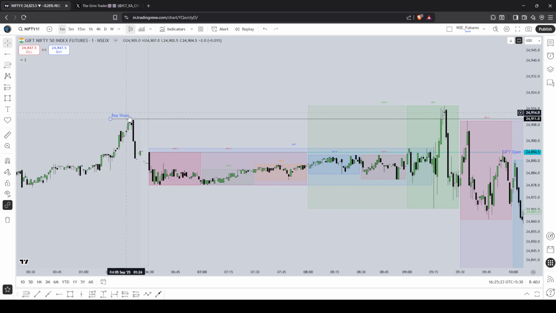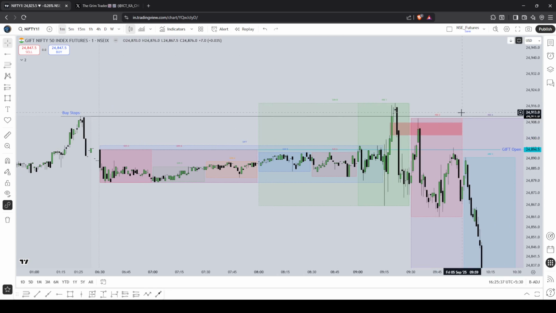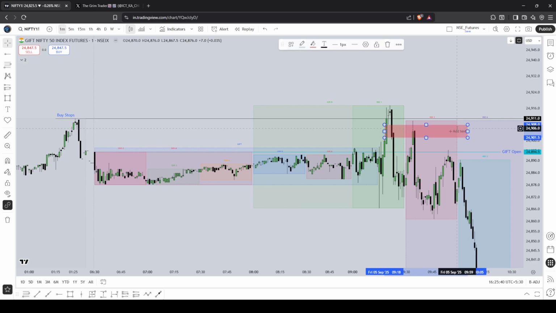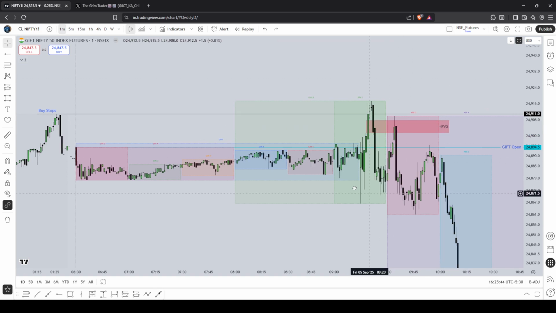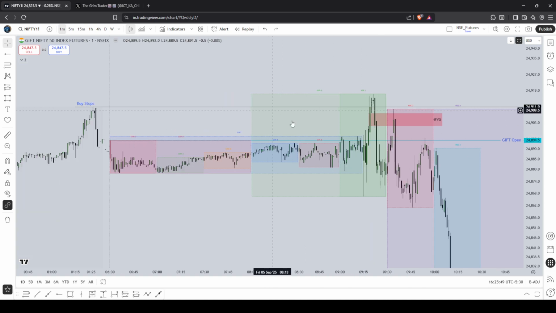The buy stops are above the PM session from New York. That is the previous session. It goes above there, rejects. There's an inversion fair value gap right here. You could trade the moment this formed. Or you could wait for a shift in structure, let's just say. You wanted more confirmation. See, this is the gift open price on this line right here. I make it a little more bold and obvious.